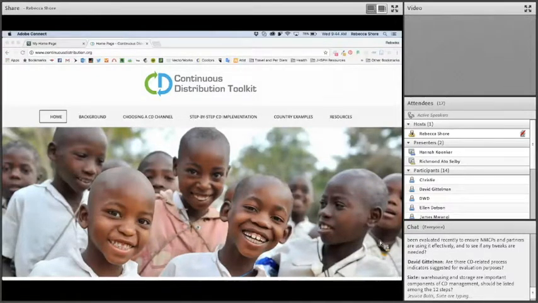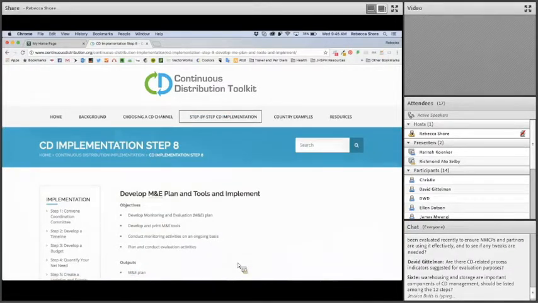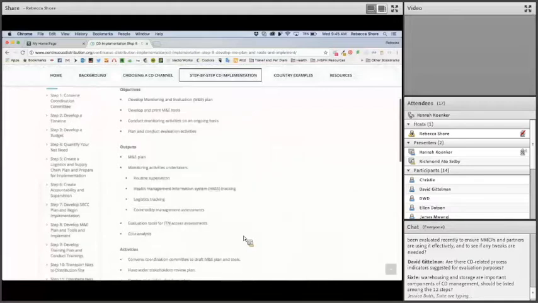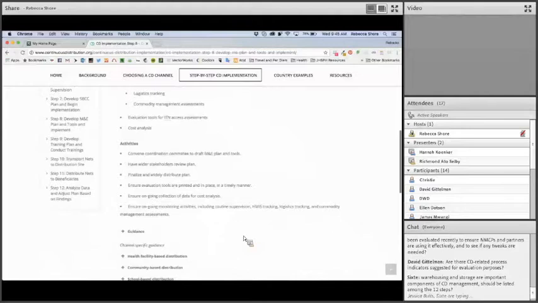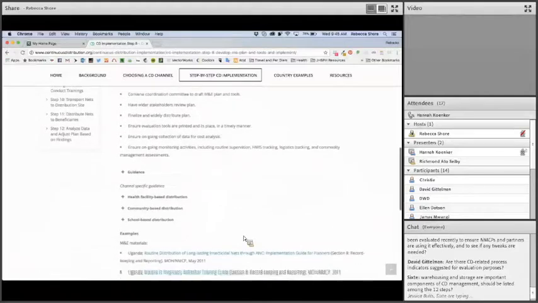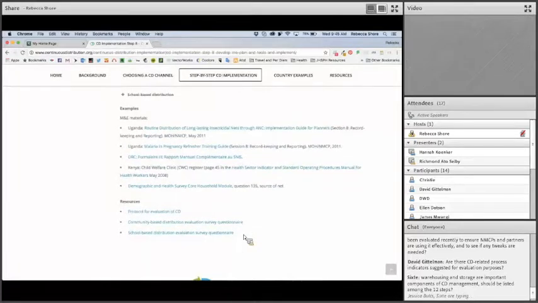So if you don't see what you're looking for in the toolkit, and Rebecca's going to the website now from our end, I believe we have M&E plans listed as examples, but they may be primarily for household surveys. Yes, household surveys for the pilots, and then some ANC and EPI monitoring things. So that might be a gap that we could address, or if you have tools that you're aware of, we can